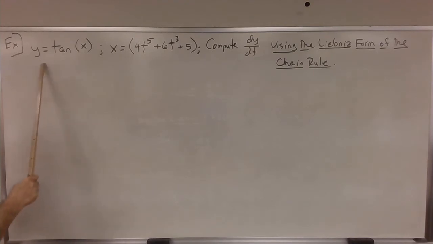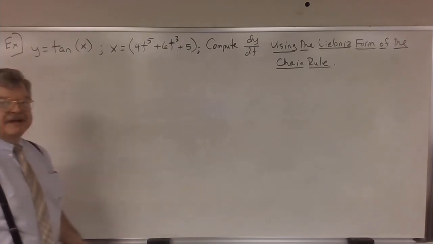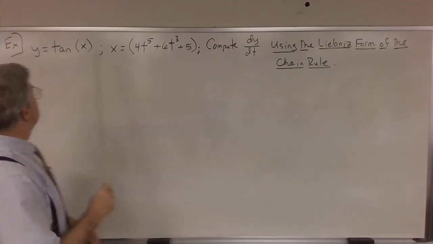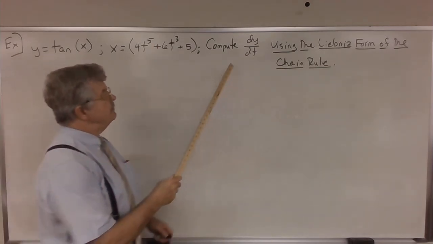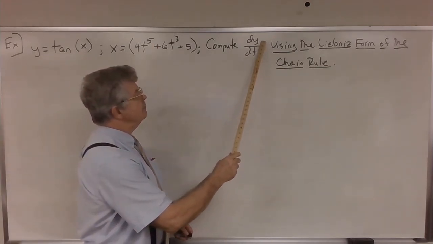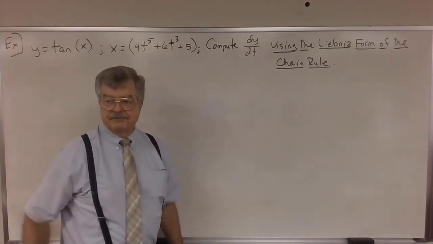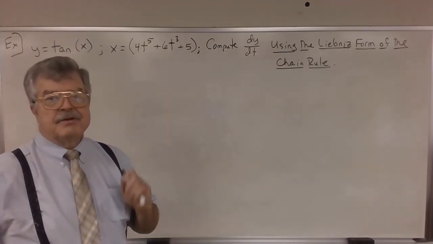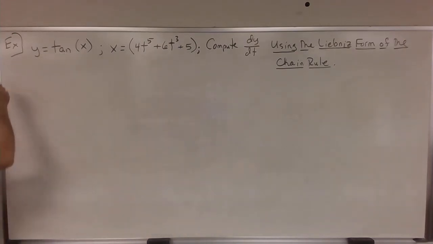So let's see, y is a function of x, and x is a function of t. So at least indirectly, y is a function of t. So it makes sense for us to be able to compute the derivative of y as a function of t. And we're going to do that using the Leibniz form of the chain rule. So first,